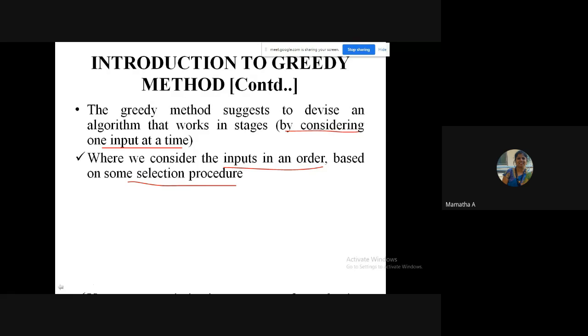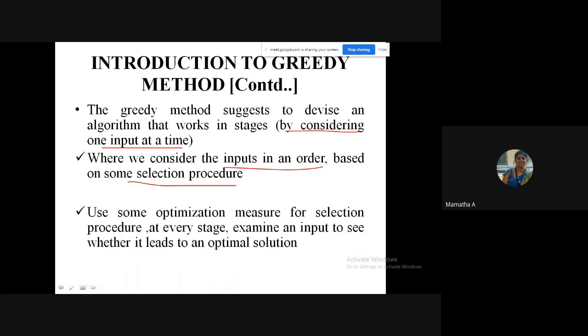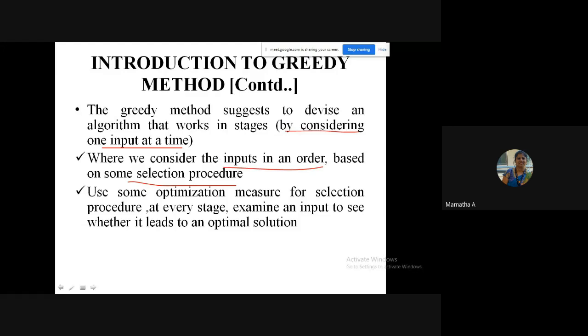You will use some optimization measure, some technique, at every stage to see whether your input leads to an optimal solution. Check whether adding the input to your solution gives you an optimal solution.